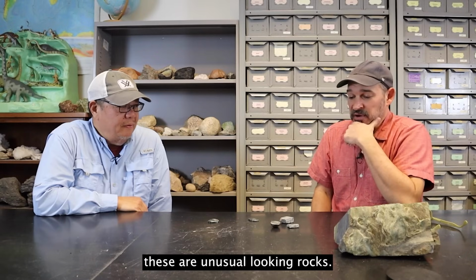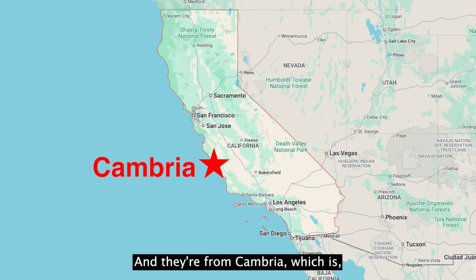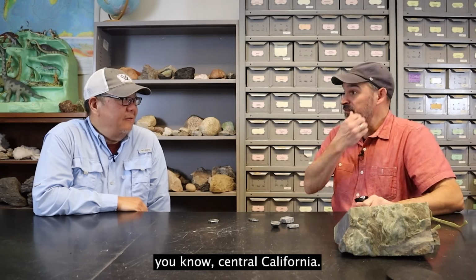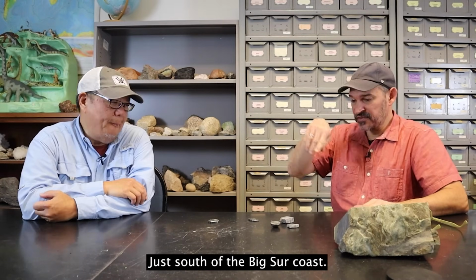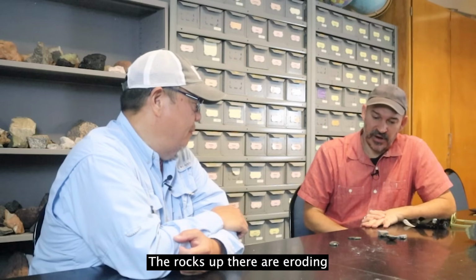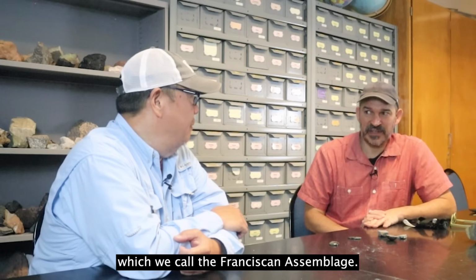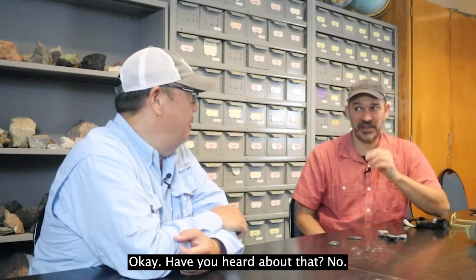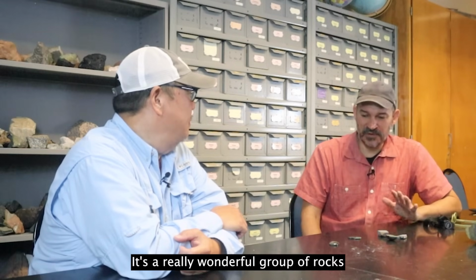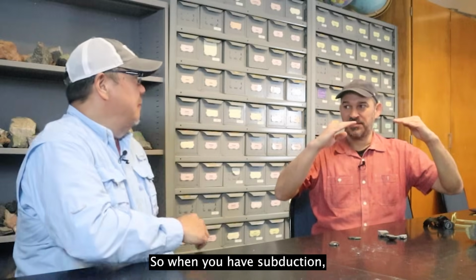These are unusual looking rocks, I got to say. And they're from Cambria, which is up in Central California, just south of the Big Sur coast. Very beautiful area. The rocks up there are eroding from a very famous rock formation, which we call the Franciscan assemblage. Have you heard about that? No. Okay. It's a really wonderful group of rocks because what it essentially is, when you have subduction,